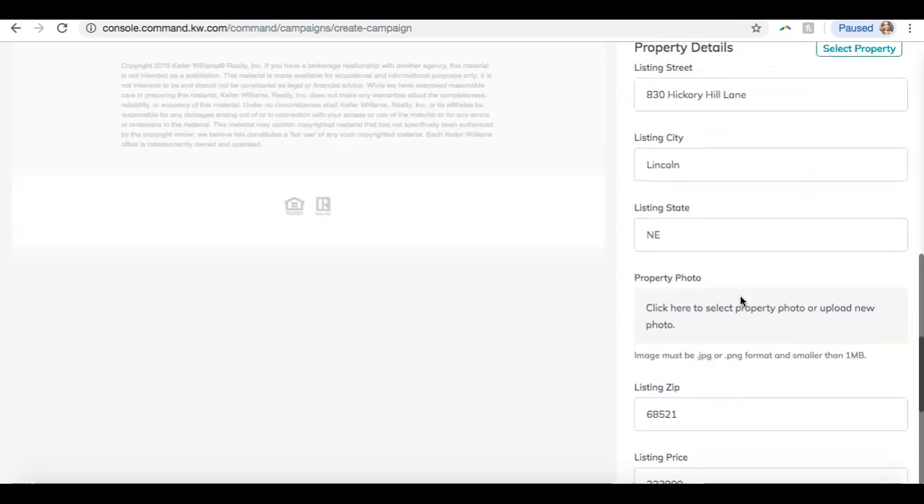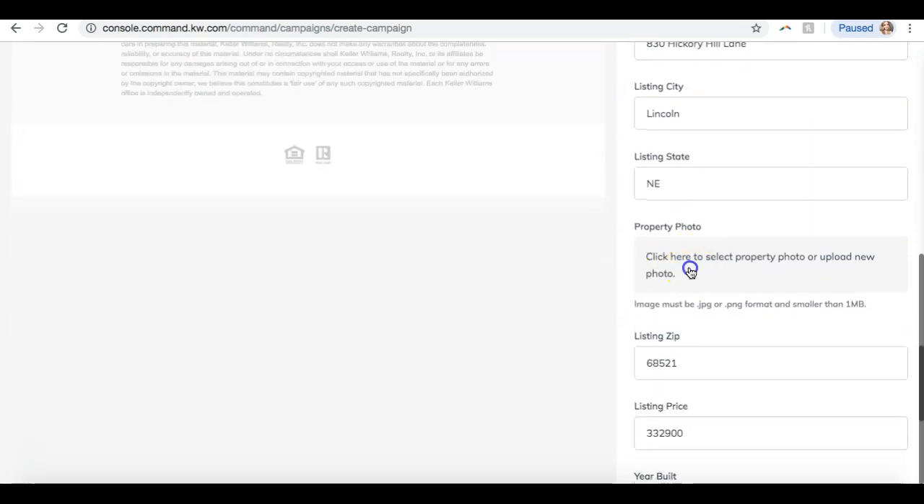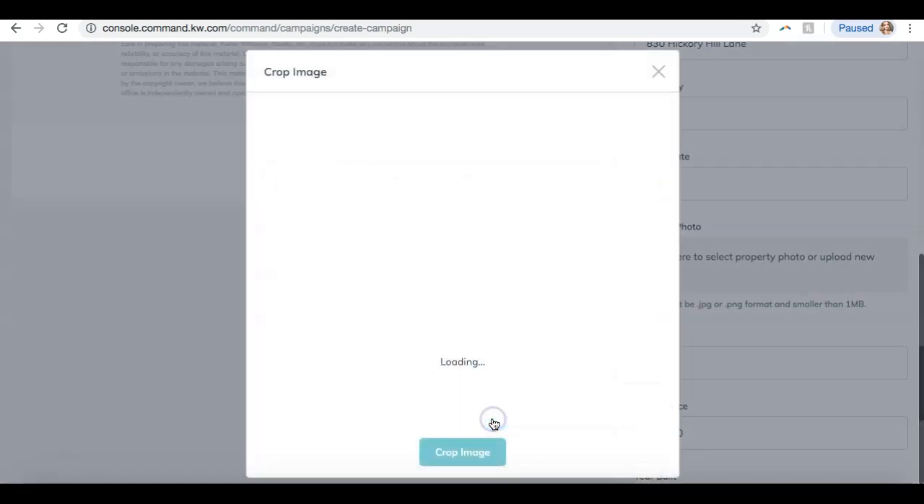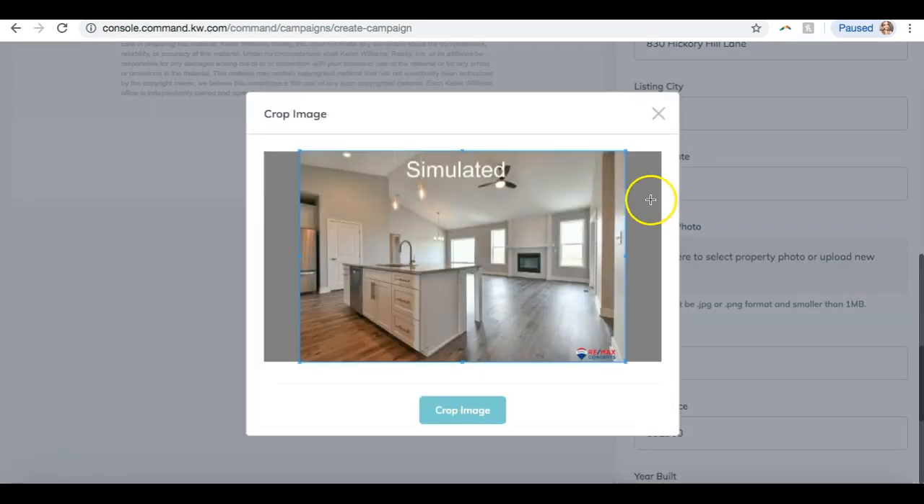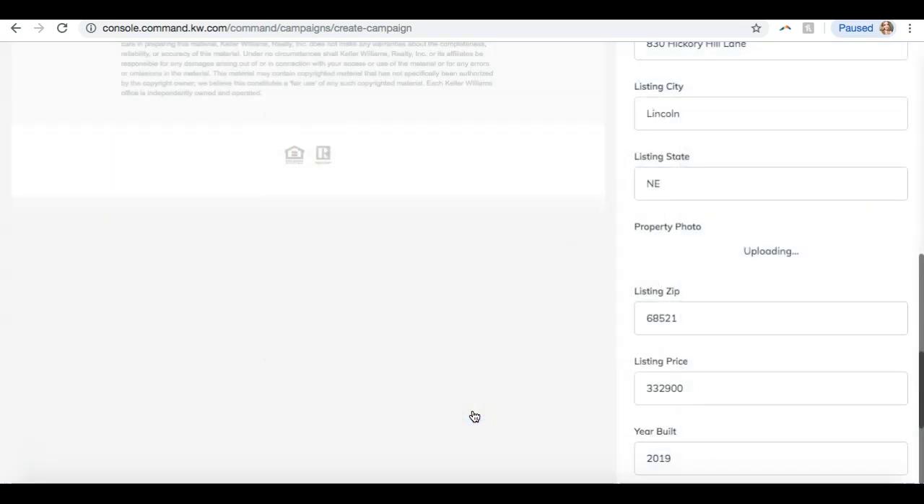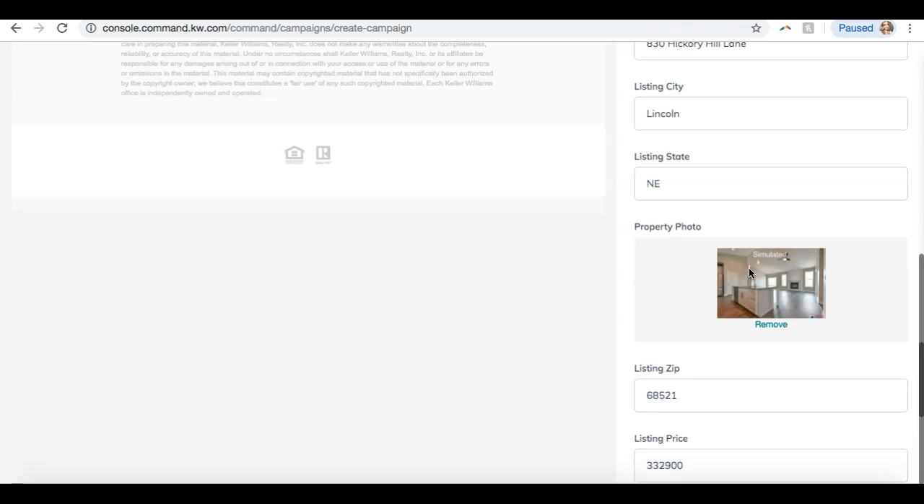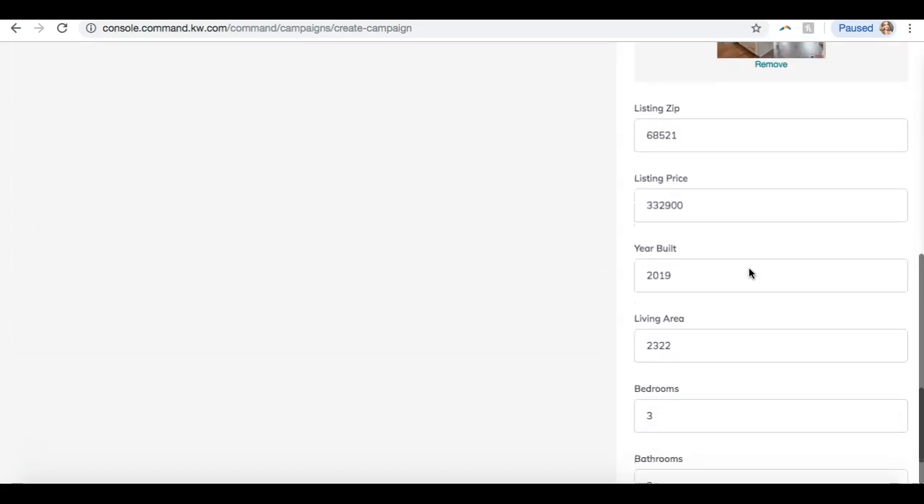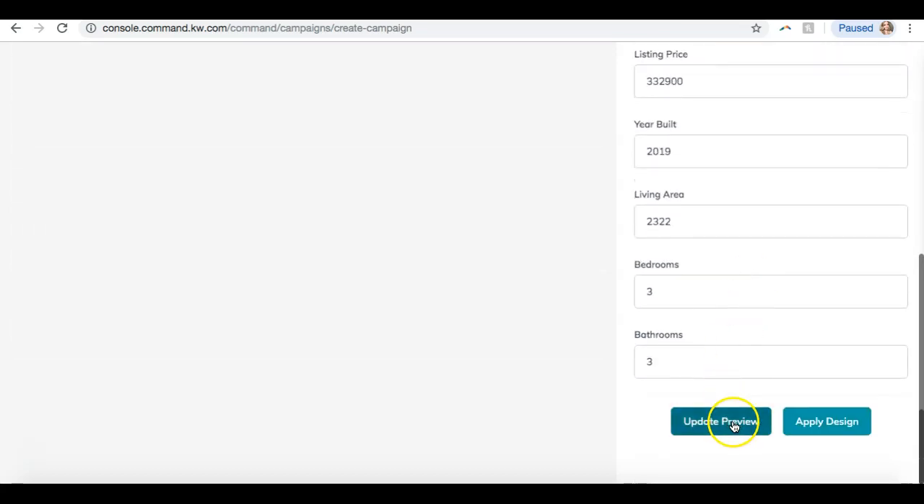So now I chose a listing that has photos, so now when I click on this, there we go. It did generate those KWLs photos, so I can choose one of these, crop it. Oh, this is not even real photos, they're simulated. Crop the image, and then it plugged that in. So now, it also plugged in that property information for us, so we don't have to fill that out. So now when I click Update Preview,